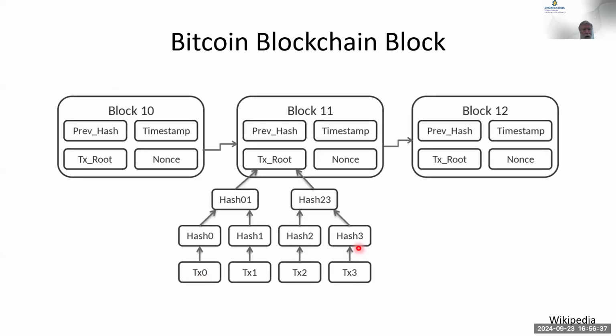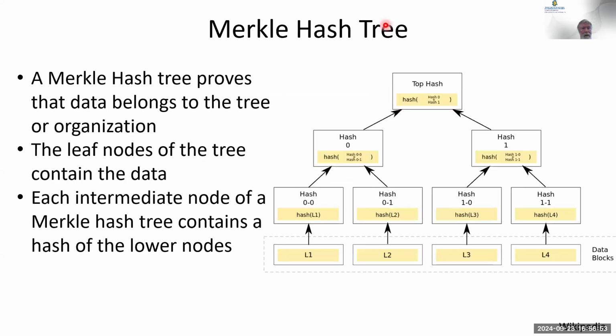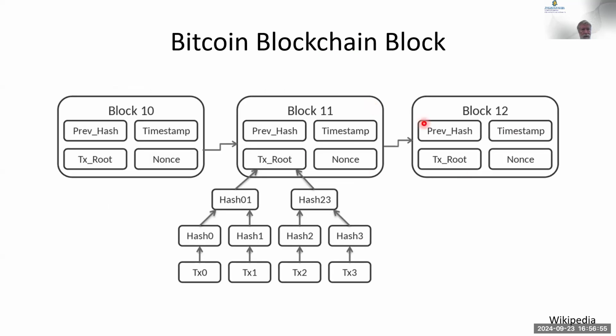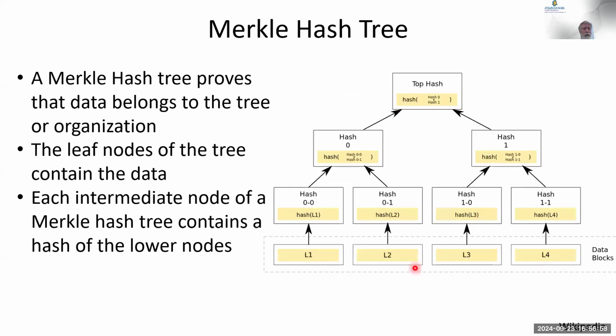Okay, so you've got all these data values down here, you hash them, and that goes into the block, the previous block hash, and keep going. So they're linked together, have timestamps, and they hash previous ones. By the way, looking at this tree, it's a Merkle hash tree. You've got all the data at the bottom. It's hashed, and then it's combined together, and there's a hash of that combination, another hash. So you've got a binary tree, and it's hashing all the pieces. So if you make any change anywhere, it can be detected.